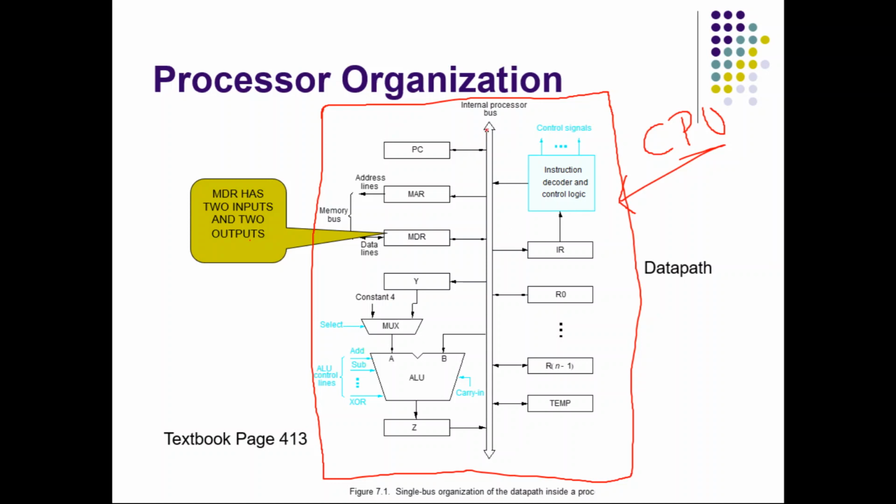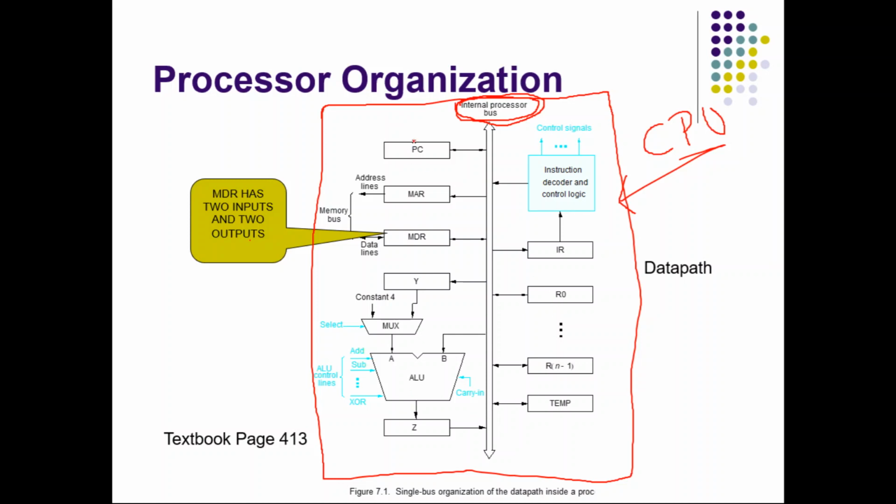Here you can see a bus. Previously we have discussed a bus, that is the system bus. That is not the bus which is inside the processor. That is a bus which is outside the processor. Whereas here it is specifically mentioned internal processor bus. This is a bus which is present inside the processor, and this bus connects the various functional units of the processor. So let us see what the functional units are. The processor contains all these blocks.